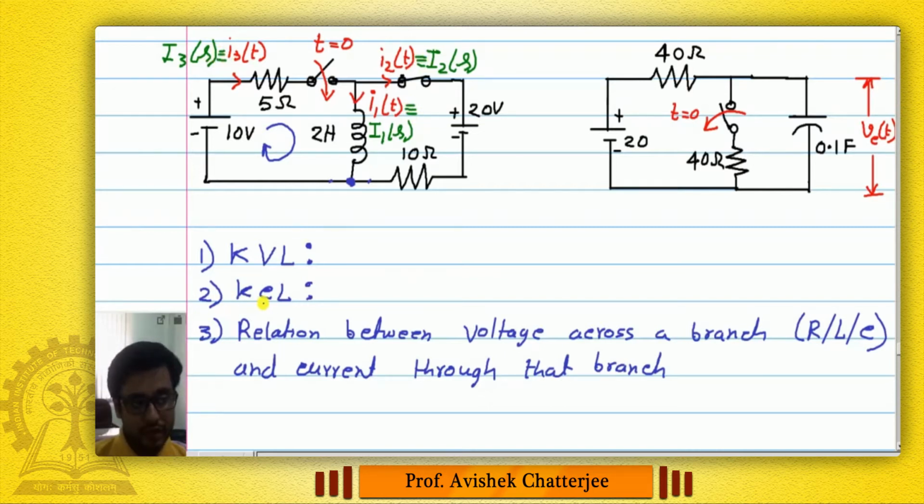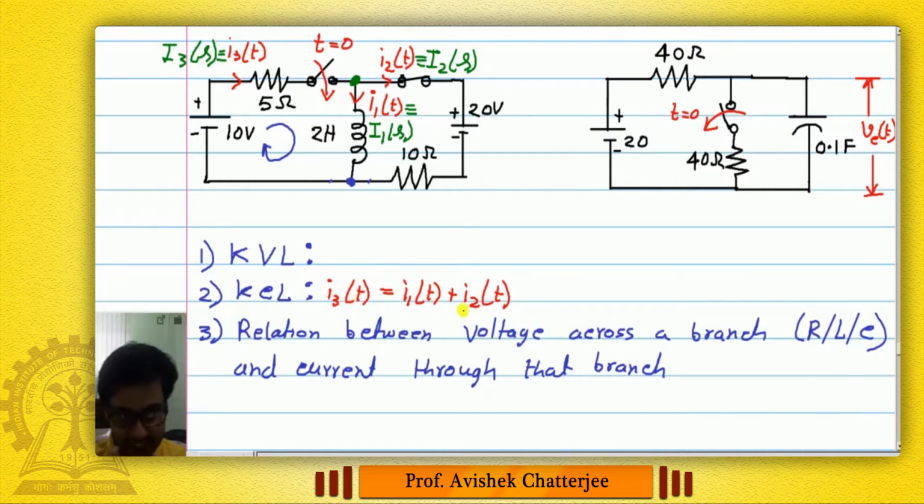Now at this node you may write Kirchhoff's current law, and you may write that this current I3 is equal to I1 plus I2. I3(t) is equal to I1(t) plus I2(t). This is true. Now if we take Laplace transform of